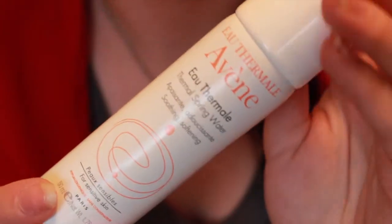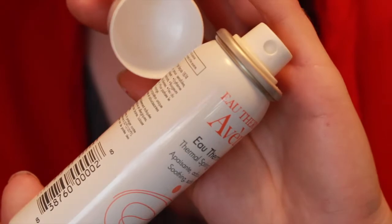one skincare item to show you guys, and it is the Avène Thermal Spring Water. Actually, I got this in my Ipsy bag from May, and I've just been obsessed with it this month. It is just a beautiful spray toner that I put on after I take off all my makeup. That's one of the main things it's used for, and on the back side, it'll show you all the uses for it. I actually did an extended post of it, and I will link that below so you guys can check it